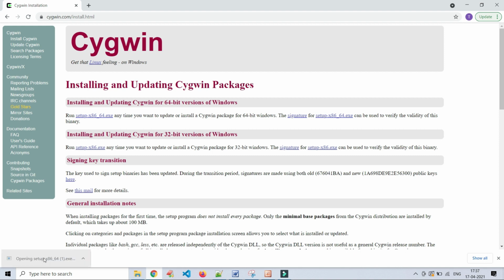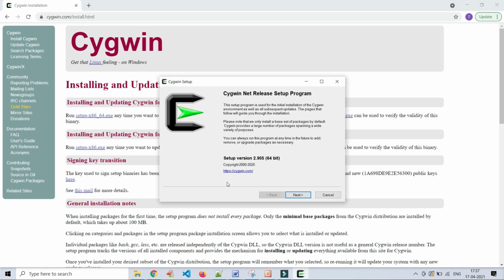Click on it, and click on yes. See here, the Cygwin net release setup program. This is a step-by-step process, like how we install a small software in the Windows operating system.